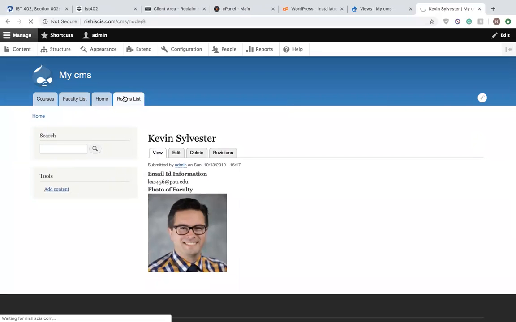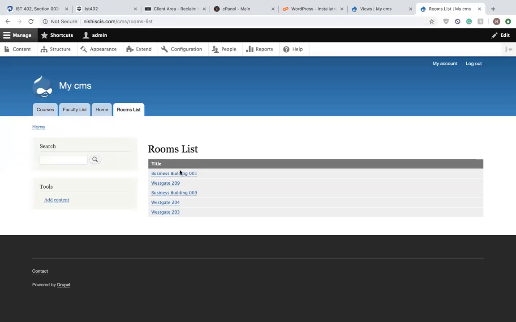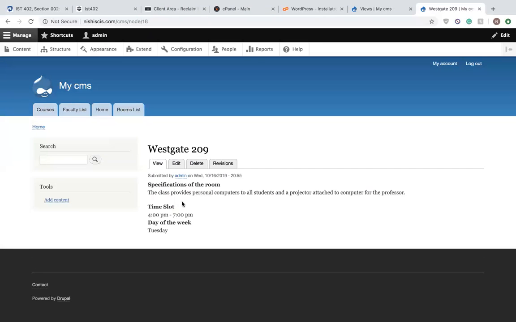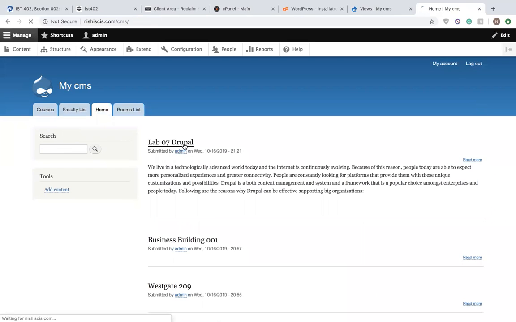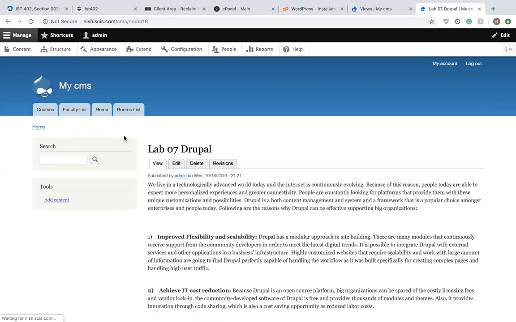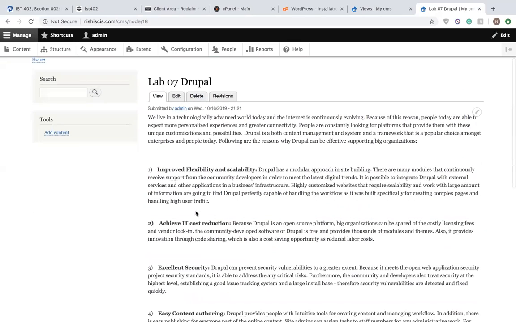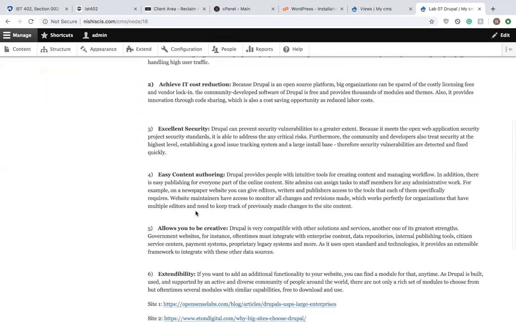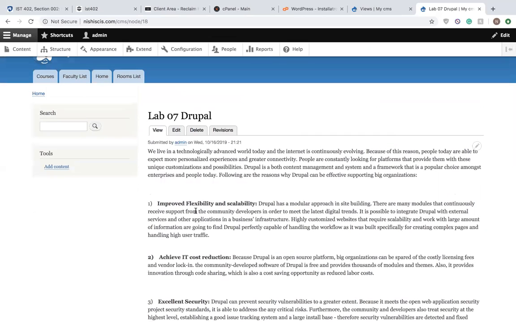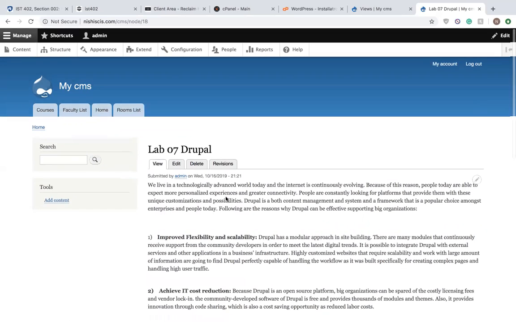If I go to the rooms list, it tells me all the possible rooms that the classes are taught in. If I go to Westgate 209, then it's going to tell me the specifications of the room, the time slot that is available, and the day of the week. So that's how I have created my website. And this again takes you to my homepage, where I talk more about why Drupal is a great source